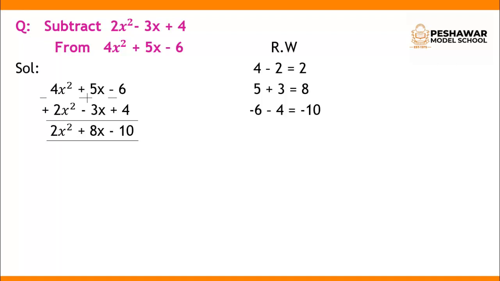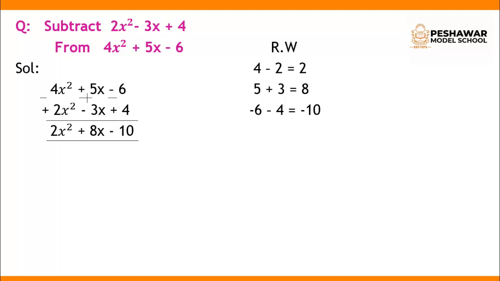The third step, which we have to add in subtraction, is to change the sign of each term in the second polynomial. Change the sign of each term, not in the first polynomial, but in the second polynomial. And the last step is to add the coefficients of the two polynomials. You just add their coefficients, not their powers.